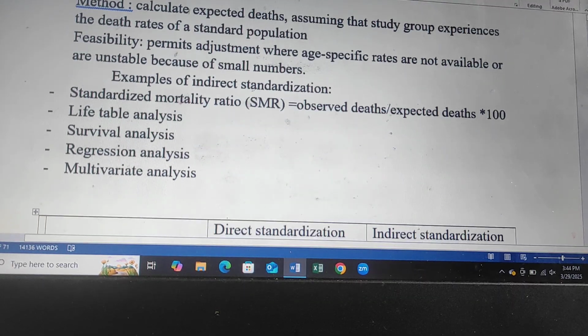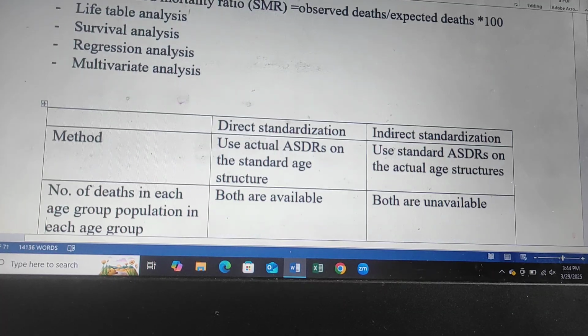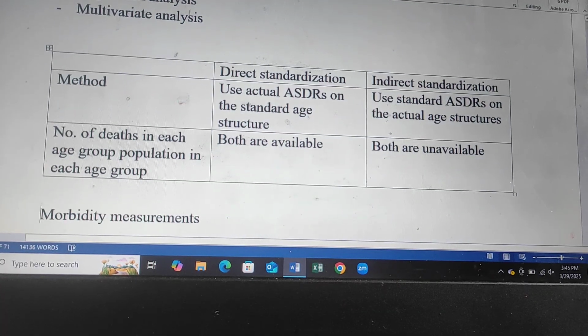Life table analysis, survival analysis, regression analysis, multivariate analysis. Direct standardization uses actual age-specific death rates on the standard age structure. Indirect standardization uses standard age-specific death rates on the actual age structure. Number of deaths in each age group and population in each age group: both are available, or both are